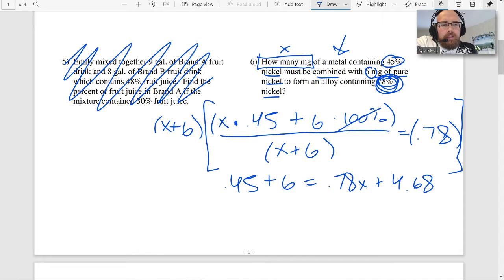Okay. Now we just have an equation to solve. So if you have to solve this by hand, what I would recommend doing next is multiplying everything by 100. Then you would get rid of the decimals that way, right? So if you are doing this by hand, quick shout out to you guys that have to show all of your work by hand for this. I'm so sorry. You would need to multiply everything by 100. So then the equation would read, and go ahead and pause this video if you want to try it out first and see if you get the right answer. Multiplying everything by 100, both sides, you would get